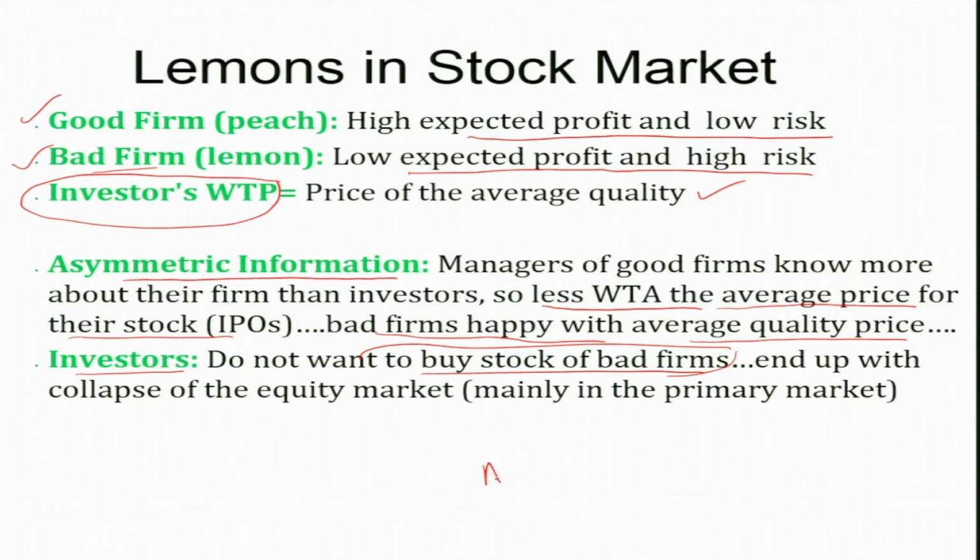That is nothing but the point we mentioned, adverse selection in the equity market. It is better to call it the equity market, because stock means we already said transactions in the secondary market. So in the equity market, adverse selection is going to happen. That means the collapse of the equity market, because it will be overrepresented by bad firms, and then investors do not want to buy the IPOs of bad quality firms' shares.